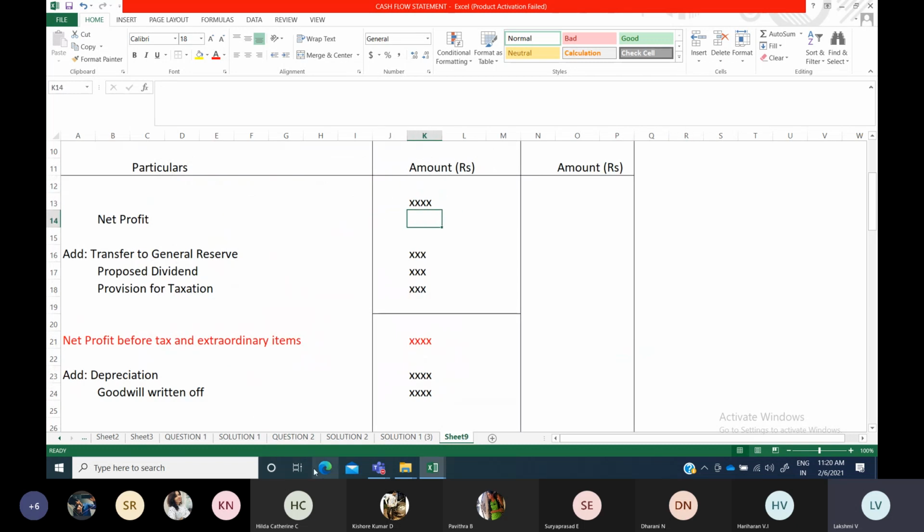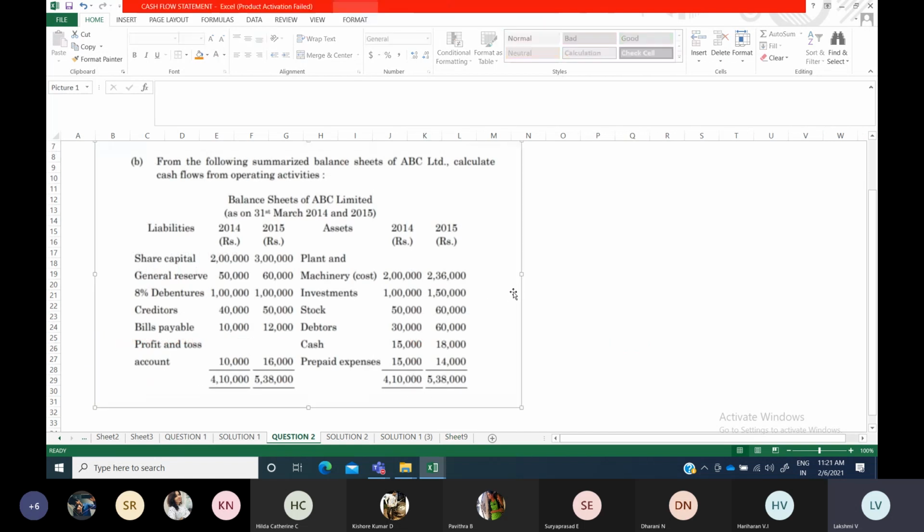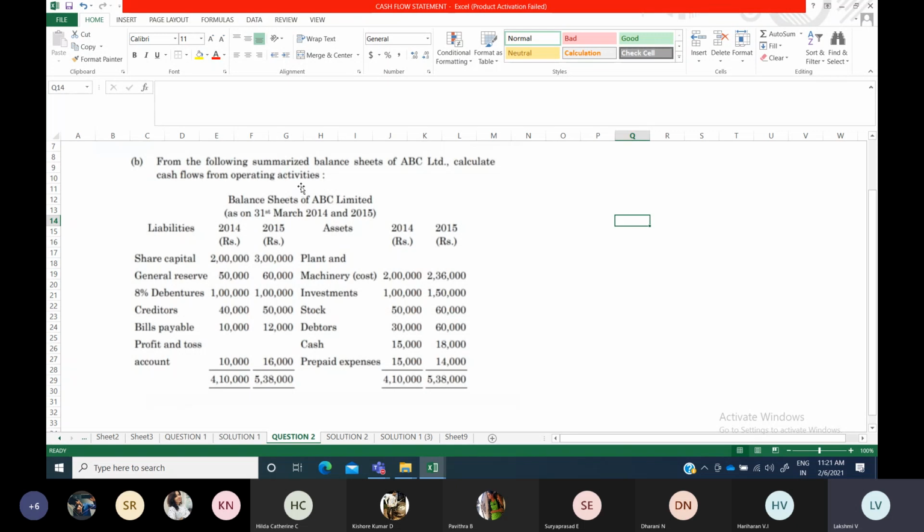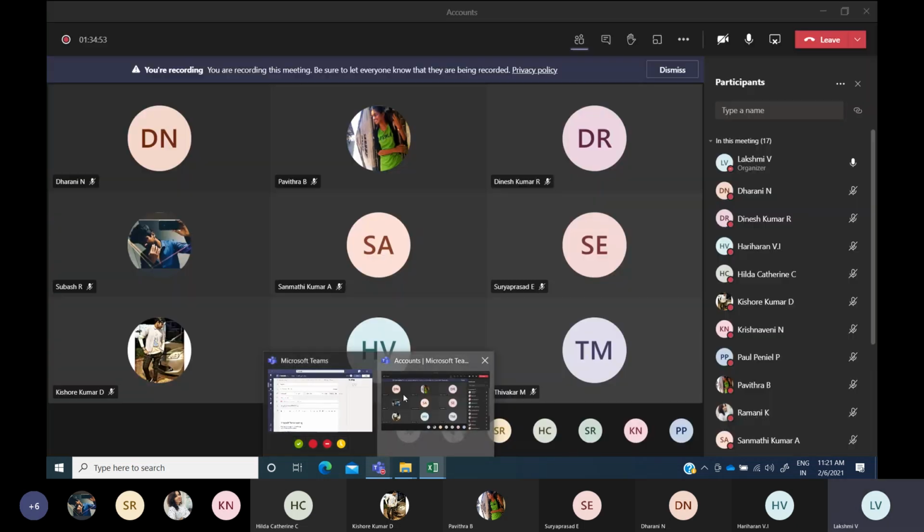Okay. So this is the problem question for you. And we have to prepare only cash flow from operating activities they have asked you. But in this problem, I'm going to prepare the entire thing, investing, financing, everything I am going to find out. Net cash and cash equivalents I am going to find out. With that opening balance of cash, I am going to add up and find out my closing balance of cash, whether I'm getting this same 18,000 or not. So we can start working out this problem now.